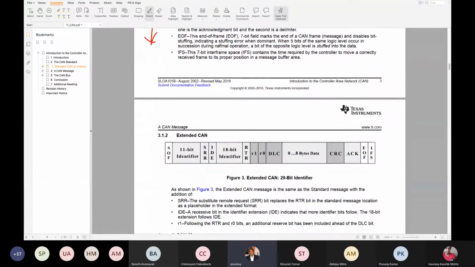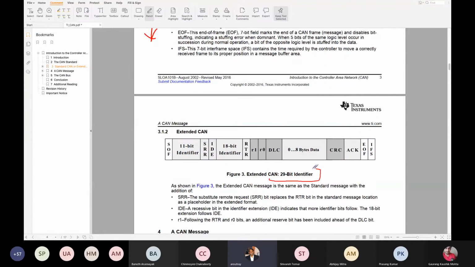But with an extended CAN, the identifier becomes 29 bits. Everything remains the same, but you can go up to 2 to the power 29 number of devices. In a typical automotive, how many processors are there? Gaurav Govardhan, the video on typical automotive, I have told in the class how many processors will be there. 4? Sorry. How many are there? Suppose I take one Innova, or maybe you take some luxury car which is worth 25 to 30 lakhs. How many processors will be there?